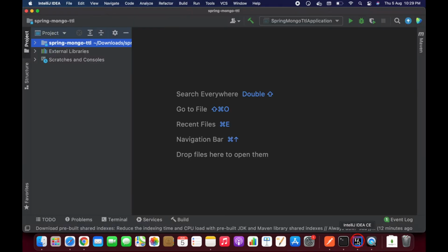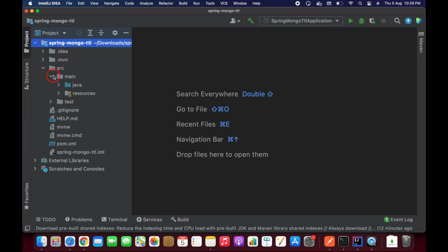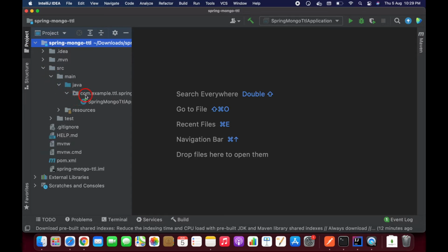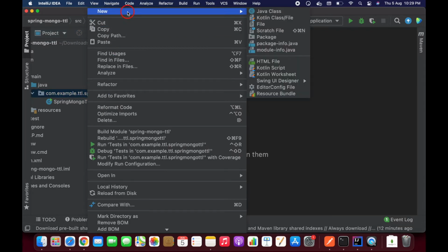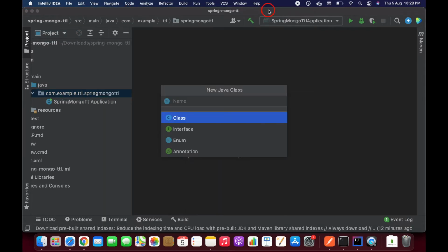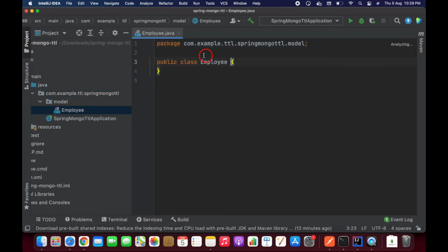I already imported my project into my IDE to save time, guys. So let's open my code here. First of all, I'm going to create one model class. So let's create one model package. Inside that model package I'm going to create an Employee class. Let's annotate it with Document, that is the MongoDB document, guys,